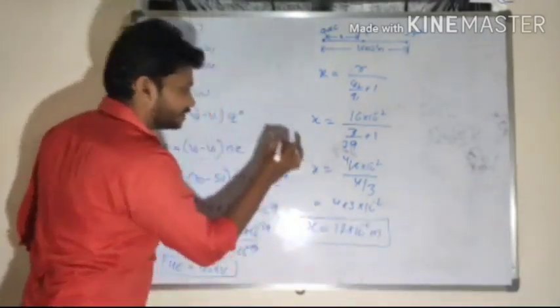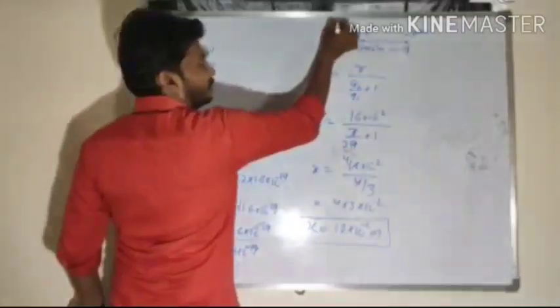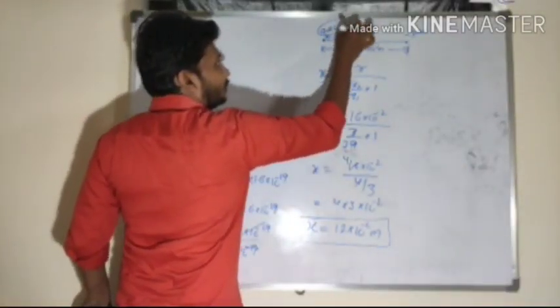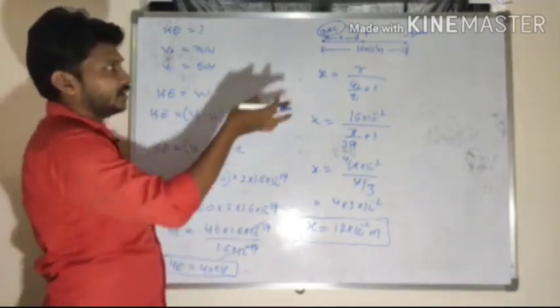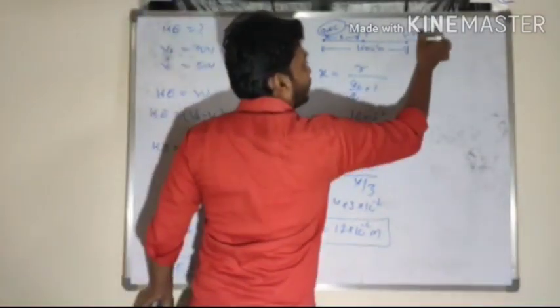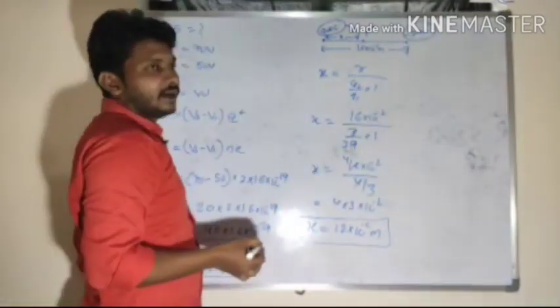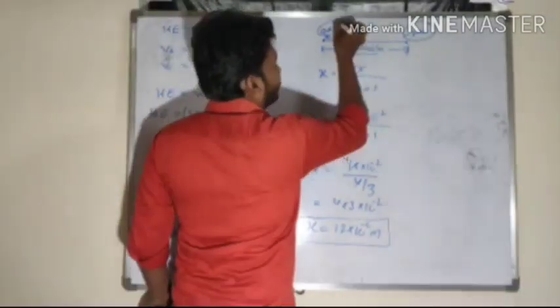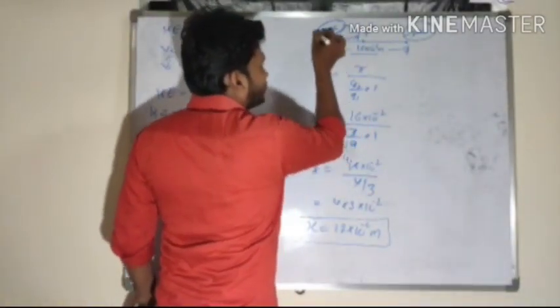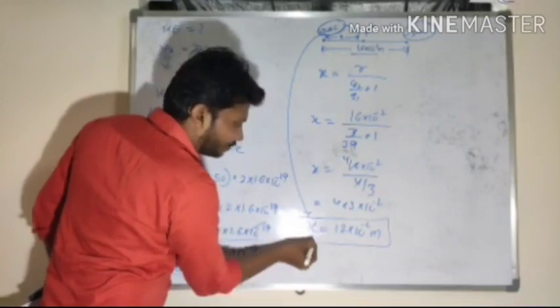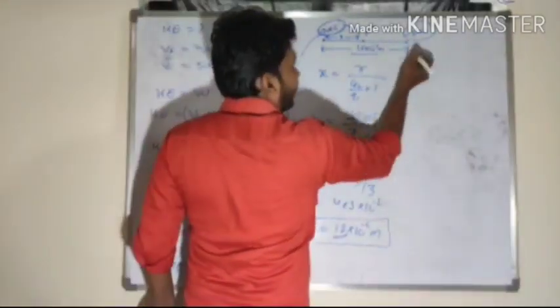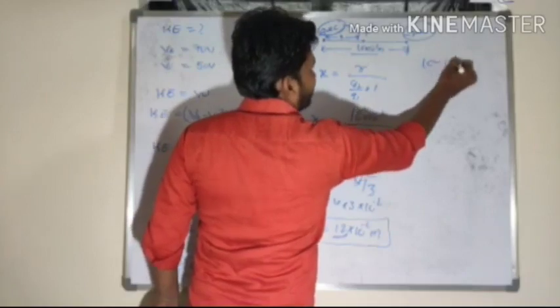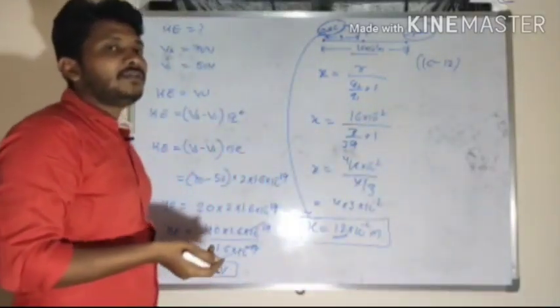At what distance will you get that zero potential from the 9 microcoulomb? From the 9 microcoulomb, at a distance of 12 centimeter. From the minus 3 microcoulomb, what is the distance then? 16 minus 12 here. So from the 9 microcoulomb, what is the distance of the neutral point? 12 centimeter here. From the minus 3 microcoulomb, 16 minus 12, so at a distance of 4 centimeter.